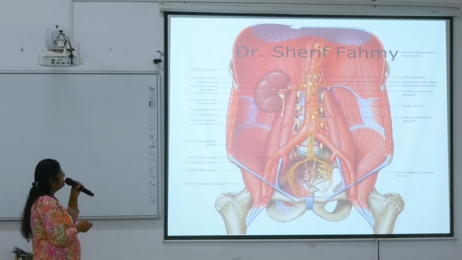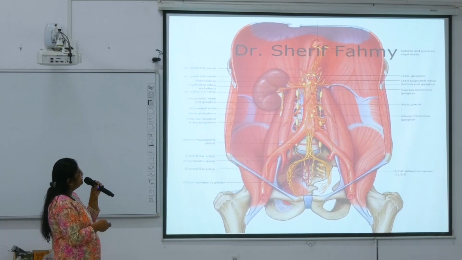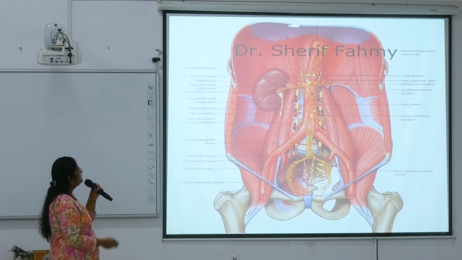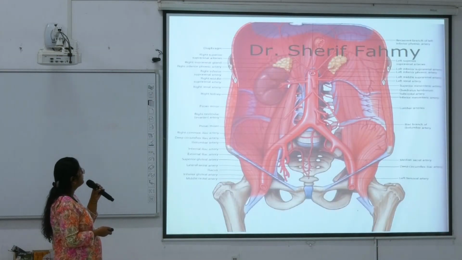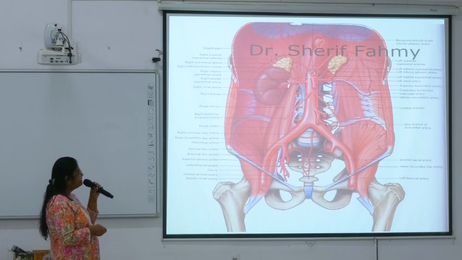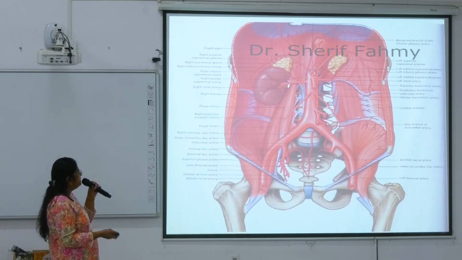These are the sympathetic chains and nerve plexus that have been shown. Celiac ganglion, here are the splanchnic nerves, superior mesenteric ganglion, inferior mesenteric ganglion. On the two sides, the sympathetic chains and nerve plexuses have been shown here. Next. Okay, so see here multiple branches are coming out from the internal iliac. Okay, and here is the external iliac. Next.